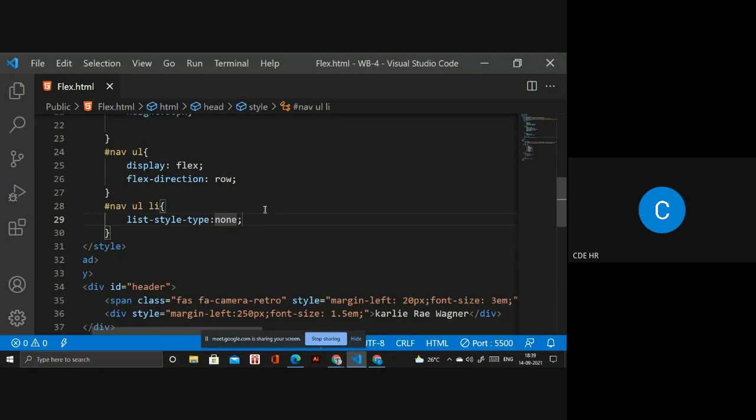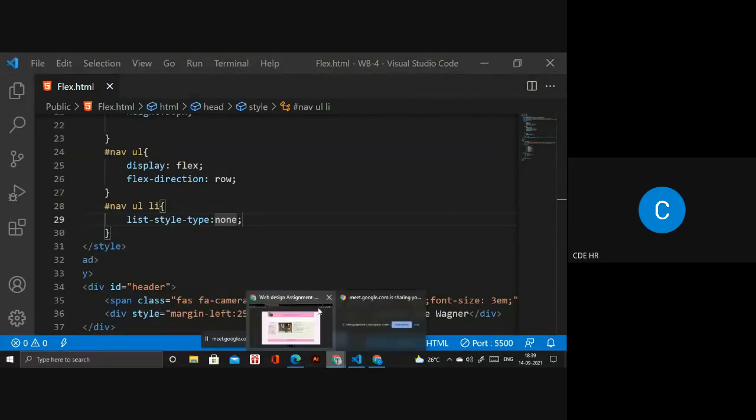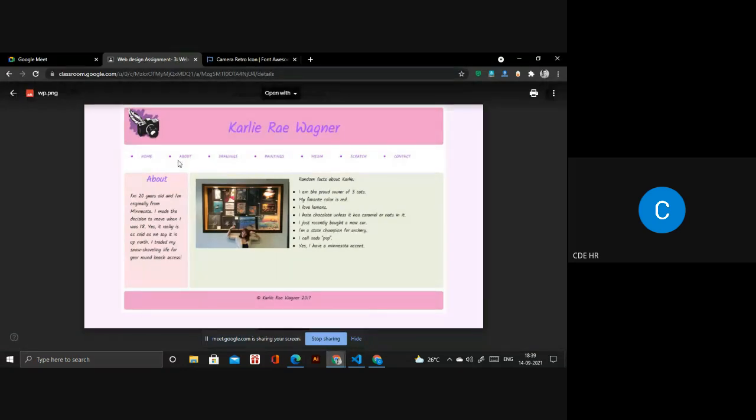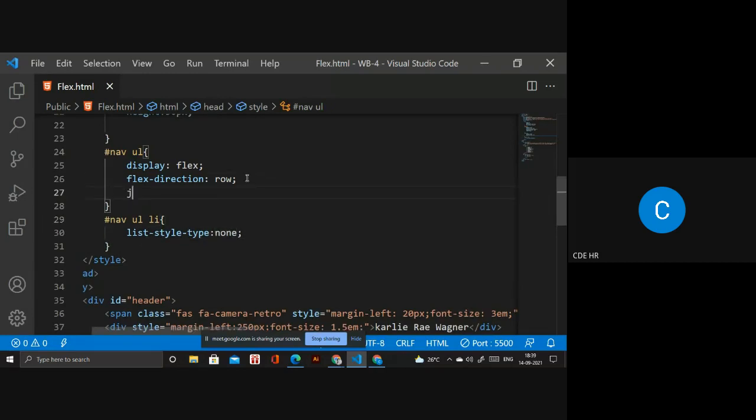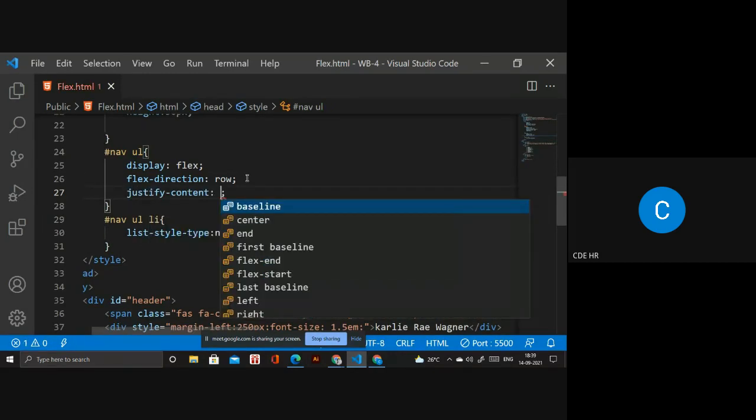So if you want to apply something like ul li hover, you can, no issue. But in here, it's applying. If you don't want it, then no issue. Next thing, I want justify-content as well. It will be space-around.